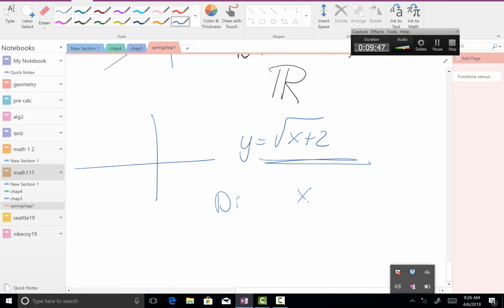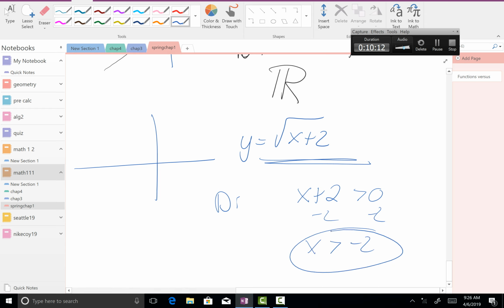So if I'm the type of person and I got to have a formula, you know, math is full of formulas and I got to have that, man, you give me a formula, I figured out. X plus 2 has got to be greater than or equal to 0. Okay? I'm going to subtract 2 here. Subtract 2. X has got to be greater than or equal to negative 2. Okay? If you're that type of person, that's how you're going to understand these,